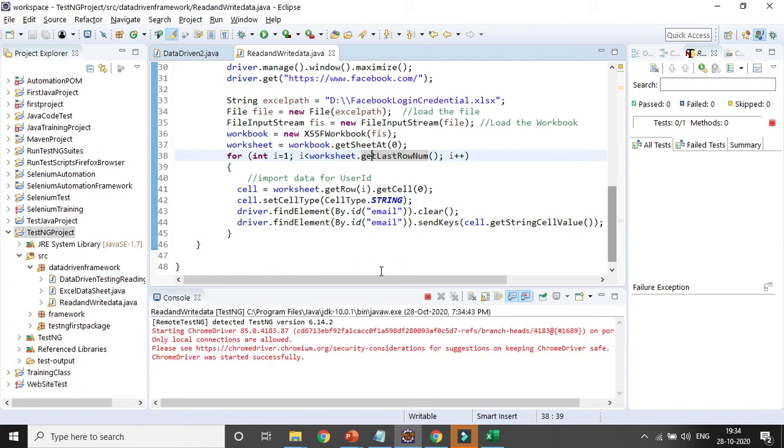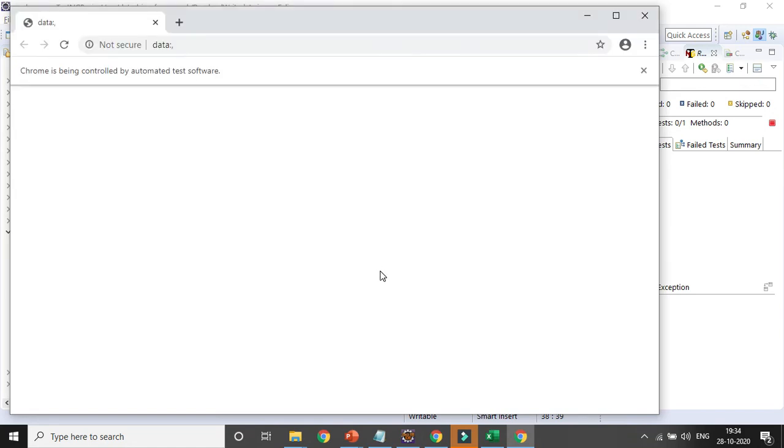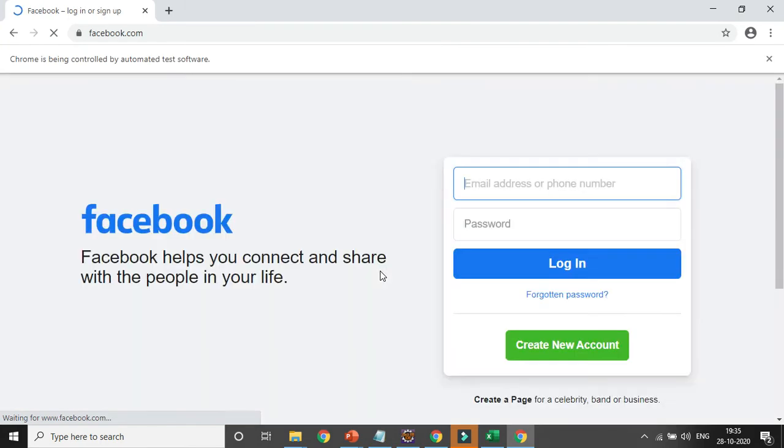So it will try to launch the Chrome browser, right? It will maximize the browser. It will pass the URL for the Facebook page. It will try to find the email field, and it will try to enter the value. Okay, it is entering username 1.